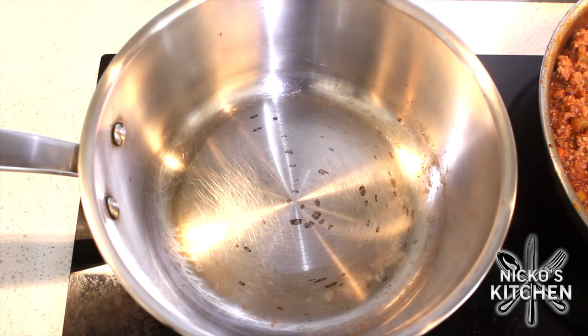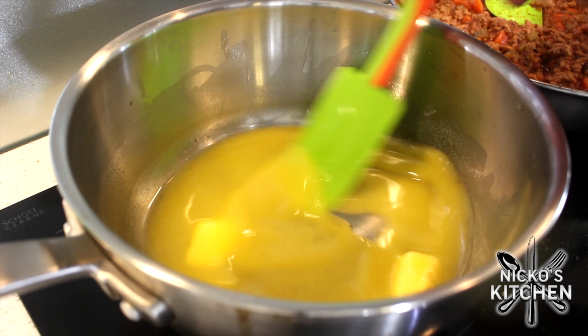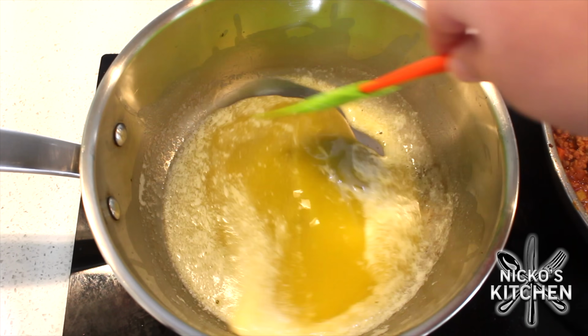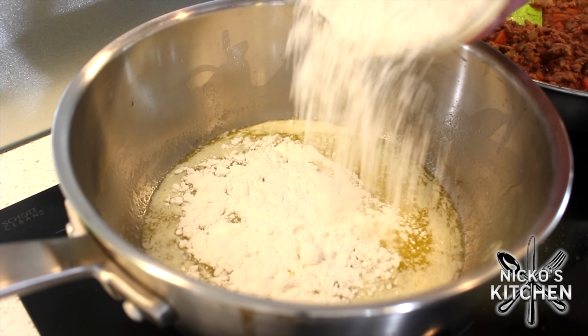So while the ragu is cooking, we're going to get on and make our bechamel. Now firstly, what you want to do in a separate pan is warm the milk. Don't boil it, just bring it up to a simmering temperature and make sure it doesn't catch on the bottom. And now in a separate saucepan, cube the butter and melt it over a low heat, and as soon as it's liquefied, take it off the heat and gradually whisk in the flour, making sure that no lumps form,